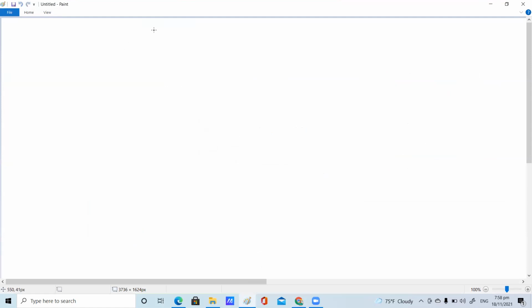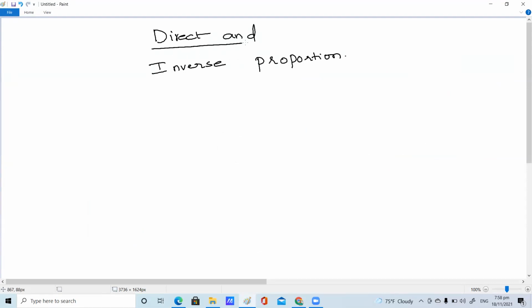So the next topic is direct and indirect proportions, or inverse proportions. Indirect or inverse, you can use inverse proportions. Direct proportions, many bits you did in your lower classes. I think in class 6 ratios and proportions, comparing quantities, you did many bits. I will share one example with you, children.